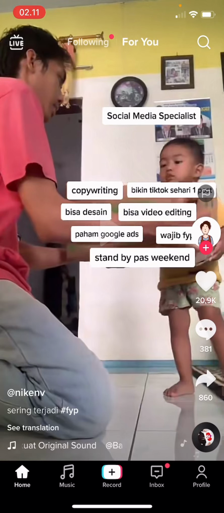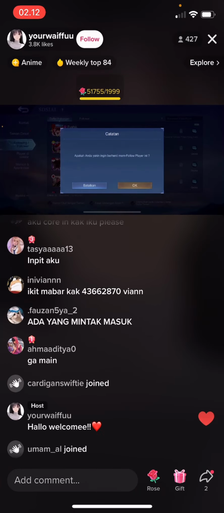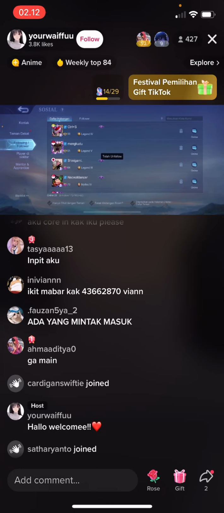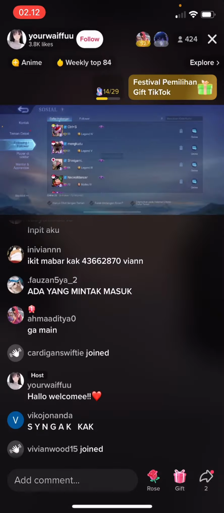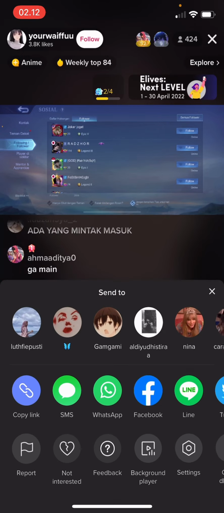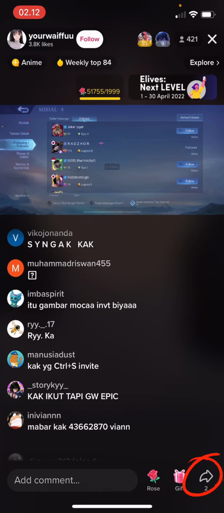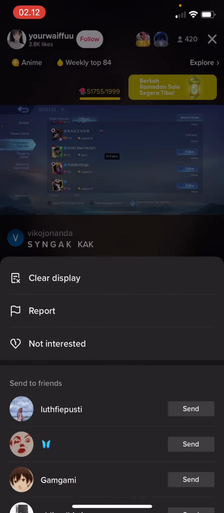In this video, I'm going to be showing you guys how you can stop the audio of live videos on TikTok from playing when you've gone to another app, because it does that. So click on the live button on the top left corner of your screen and press the share button over here. Sorry, you can press the share button on the bottom right corner, and then